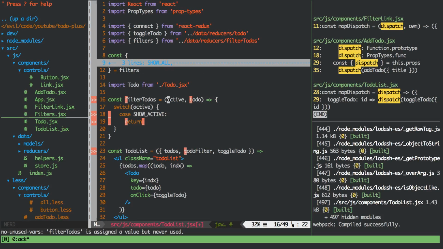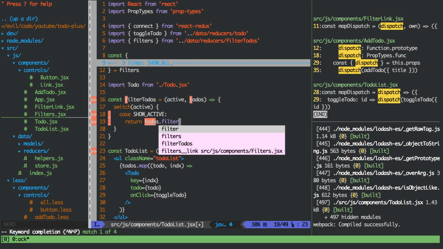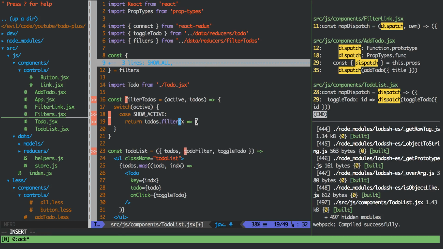Yeah, that's what we'll do. That's how they're doing it, so never mind. That's much better. I see what they're doing there. So now we just do to-dos dot filter, and now we can do x prop equals completed